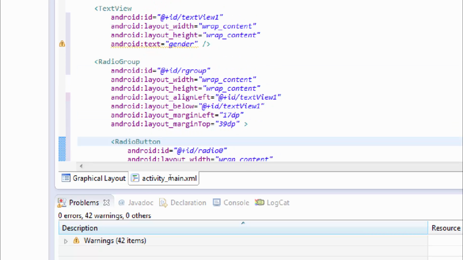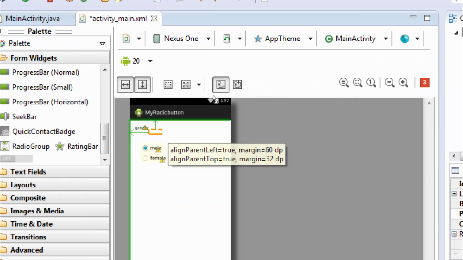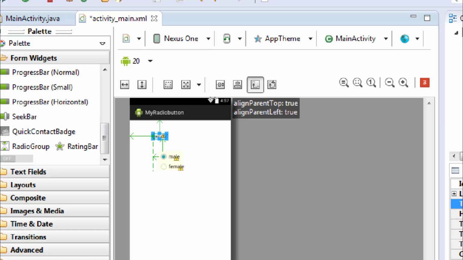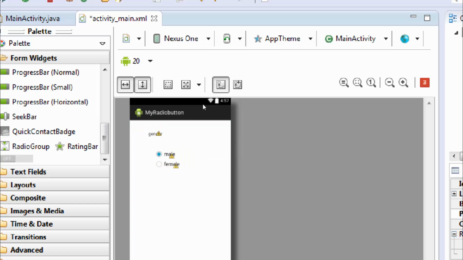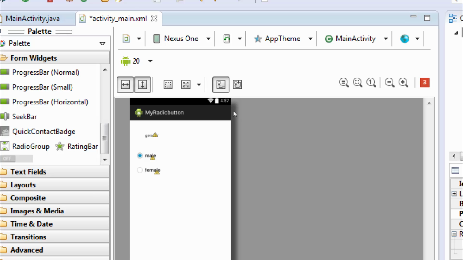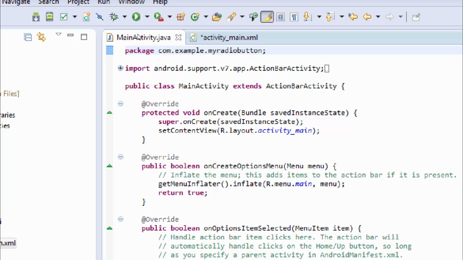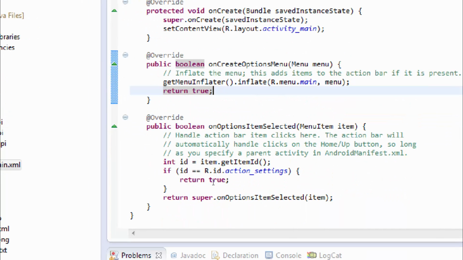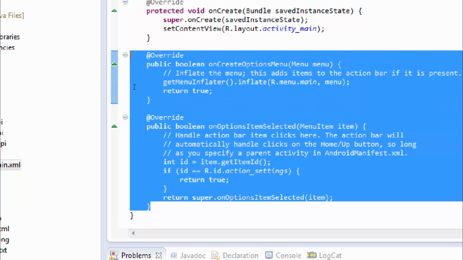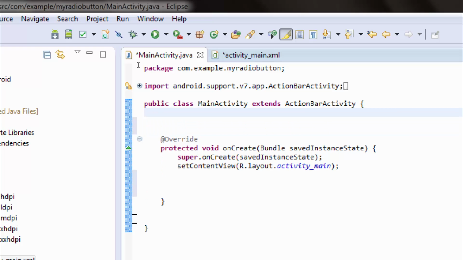Then after that, let's see, our graphical layout is Gender, Male and Female. There. And then let's edit our MainActivity.java. Okay, first, let's delete some code that we don't need, like that. Then, first, we will give a name to our radio group, which is